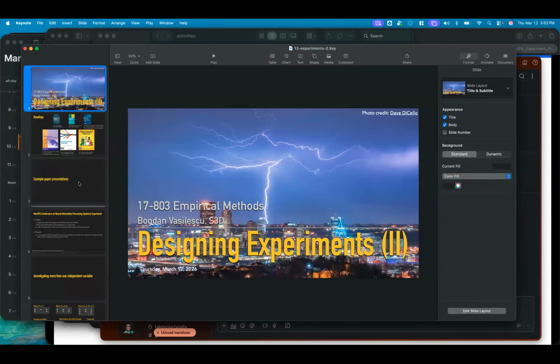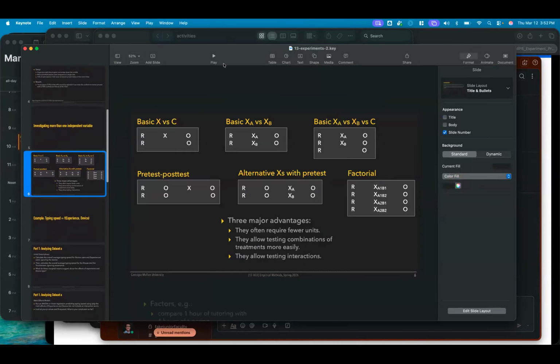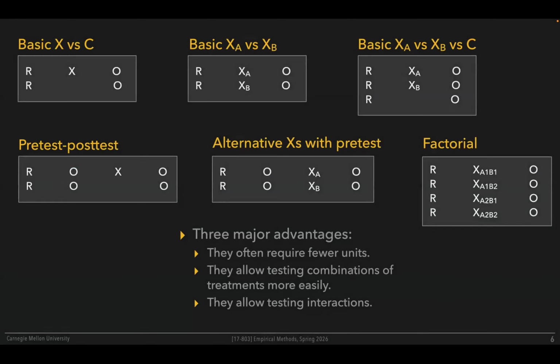Okay, so you remember where we left off? Hopefully, we talked about these experiment designs for testing multiple factors at the same time. We talked about the fully factorial design, and Latin squares as a more efficient way of doing the same thing. But the idea is, there are multiple factors that we want to test simultaneously. So we've had these different designs.